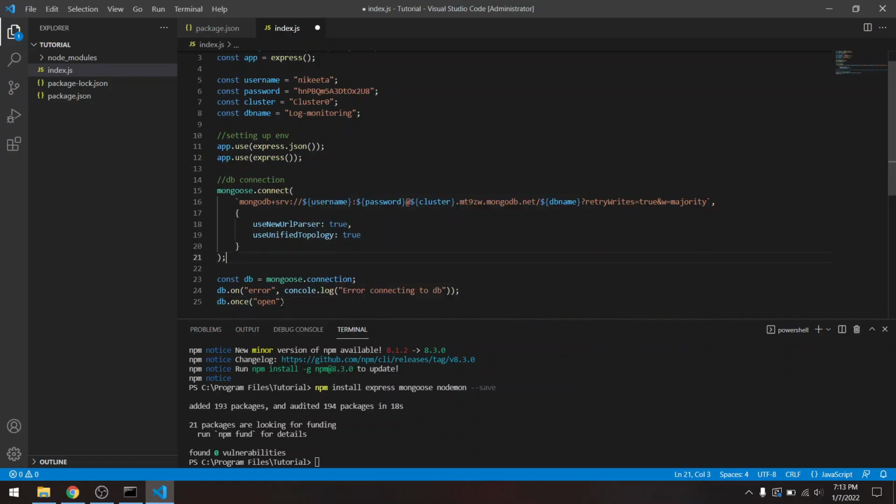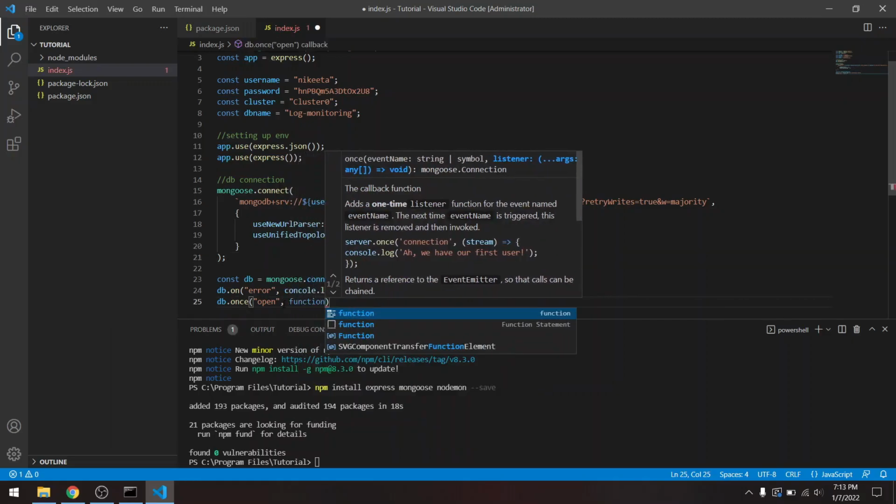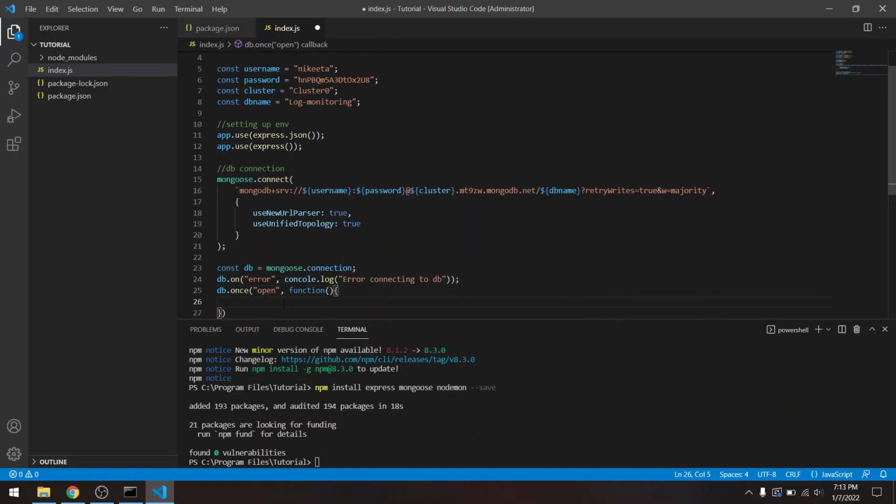And in case the DB connection is successful, we'll create a function which will console log successful connection of DB.